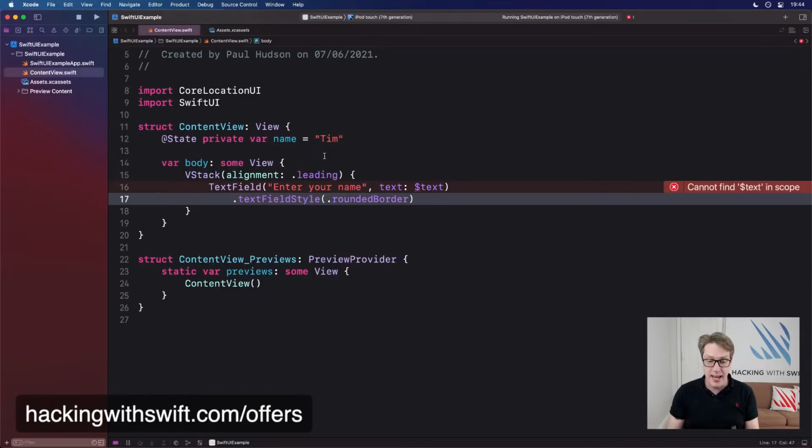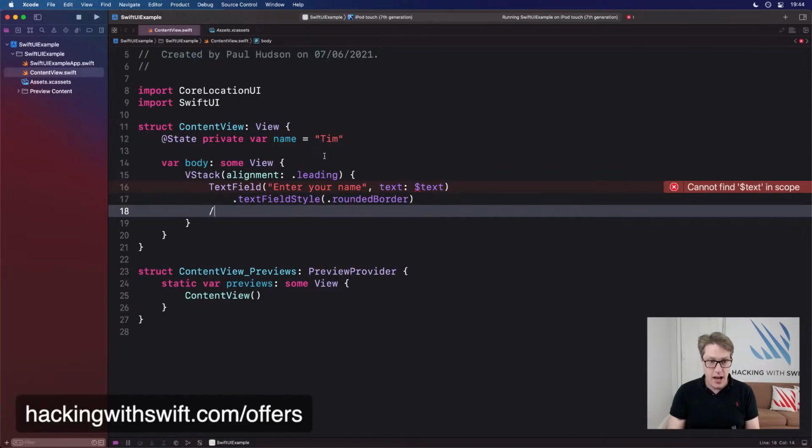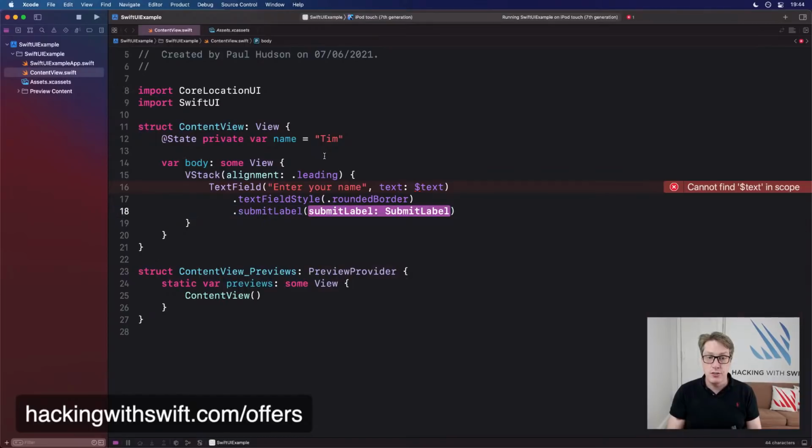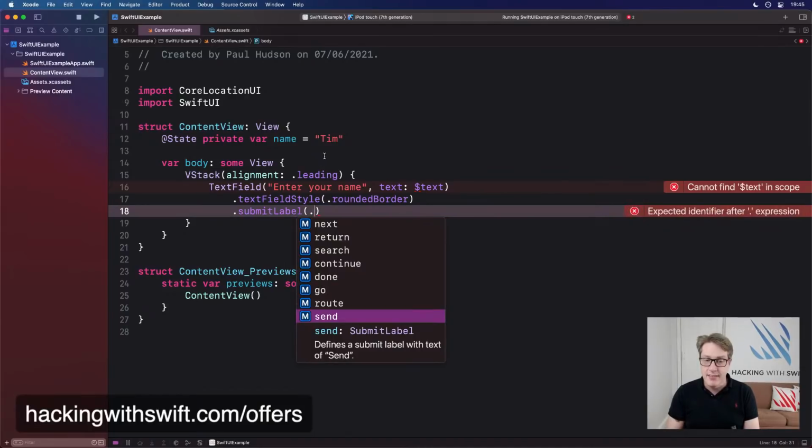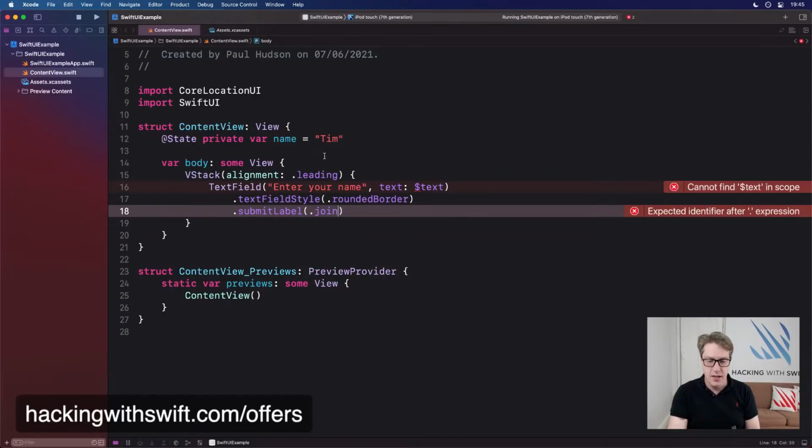great. But you can also now say I want to have a submit label as well. And that's going to control the way the done button looks. Because before it was always return, I think it was. And now you can say submit label, something else. Join, next, return, search, continue, done, go, or route, or send. And it just changes the way the button looks. And that's UIKit 2, I want to say, but it's now in SwiftUI 3. That's the main thing. We can now use it everywhere and have, let's do join like that, and it works much nicer. Okay, that's little API